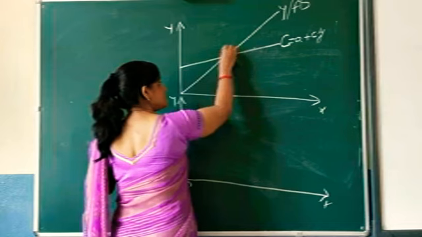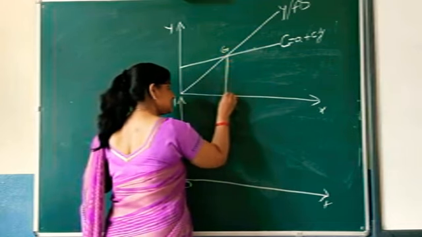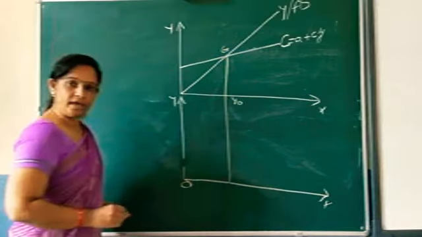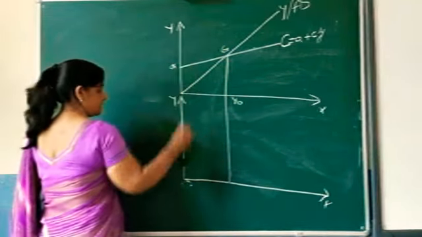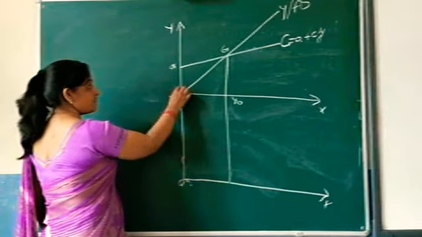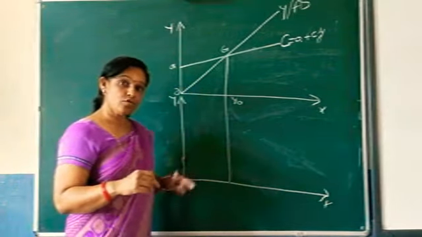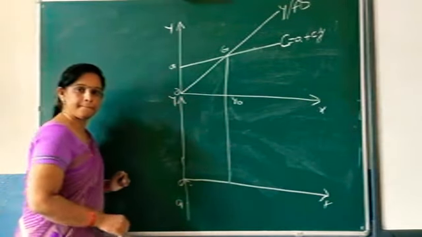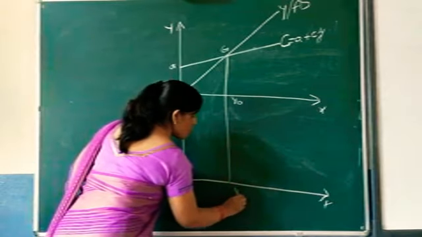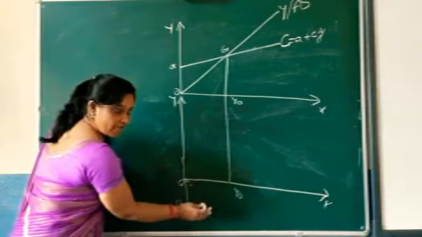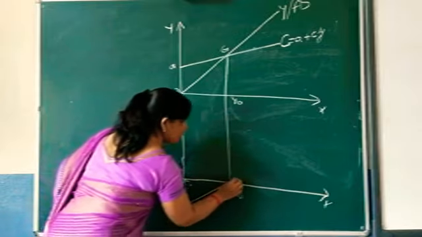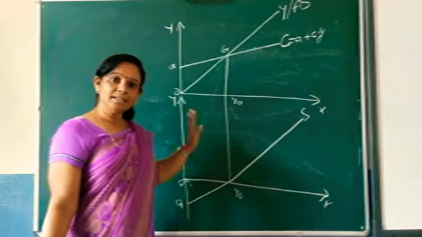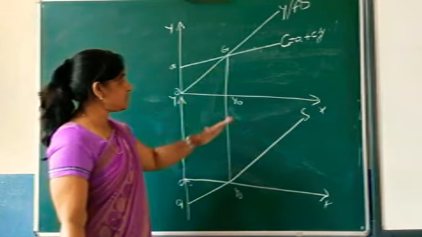We got this break-even point G, and we took this, and we got Y naught here. We extended till here, okay, and then this is your A, which is above origin, and for S, your autonomous investment will be below origin. Now, before Y naught, your saving will be below the X axis, and from here your saving actually starts. This was the diagram, and in this I have explained everything to you.